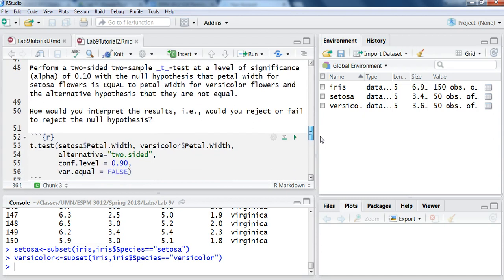And so my task here is I want to perform a two-sided, two-sample t-test at a level of significance of 0.10. That's also called our alpha. My null hypothesis is that petal width for setosa flowers is equal to petal width for versicolor flowers, and the alternative hypothesis is that they are not equal. And so I want to run through this test and interpret the results, i.e., would I fail to reject or